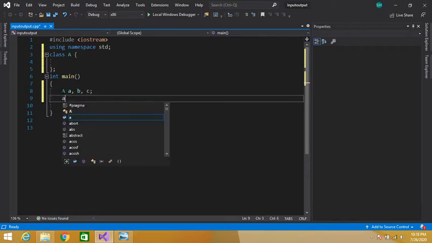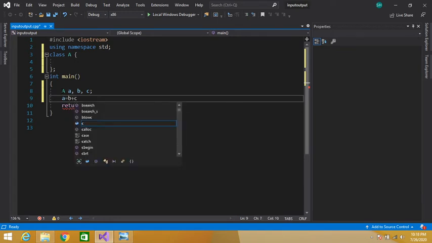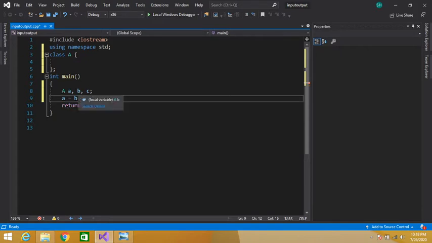And let's say a is equal to b plus c. So the compiler is giving us an error, so we cannot add these objects. These operators do not work with user defined types, as we know that a class is a user defined data type. In order to do that, we use operator overloading.